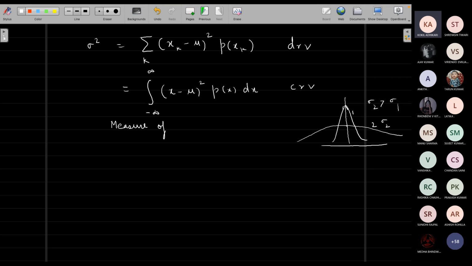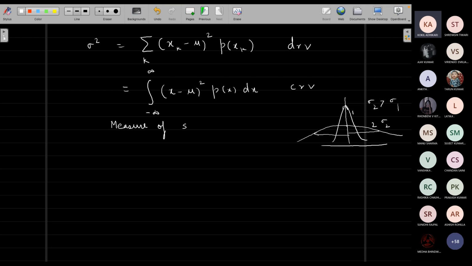The second one, sigma 2, is surely greater than sigma 1, which just tells that even though the mean may be important in both cases, the spread around the value of the mean is so much in the second case that there are plenty of times that the system spends in all the other places other than the mean also. Whereas in the first case, the system spends a considerably large amount of time around the mean. Or if we repeat an experiment, we will get plenty of values at or around the mean in the first case, whereas in the second case, it won't be so. So it's not only important to know the mean, but how that mean is distributed.